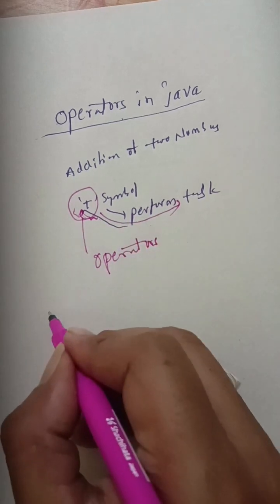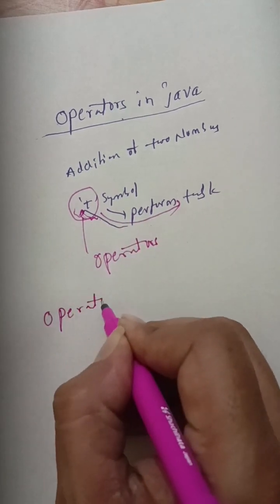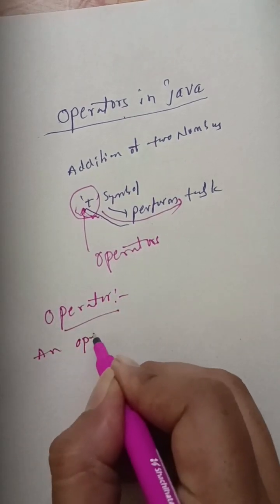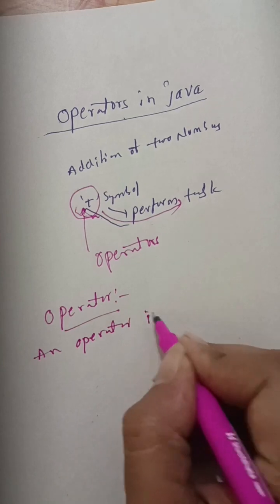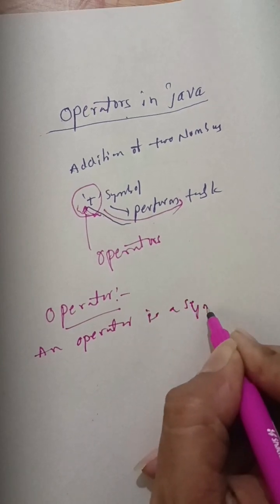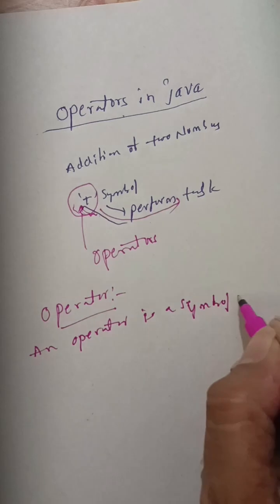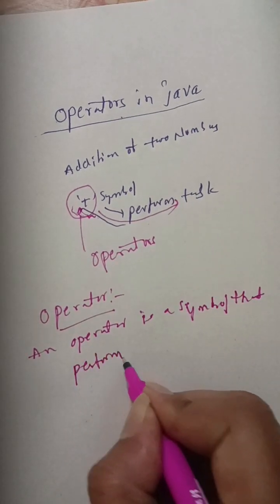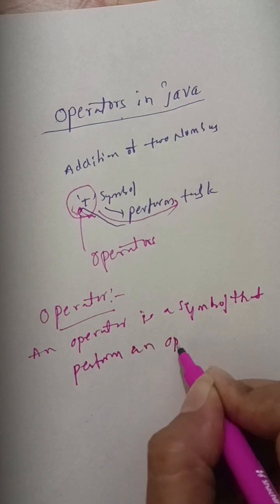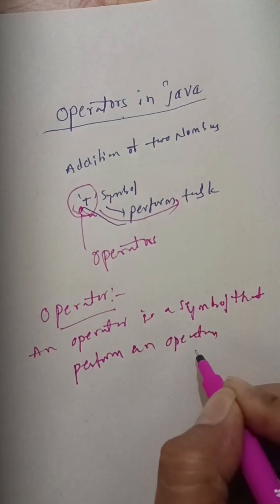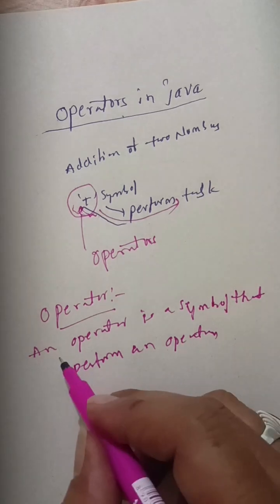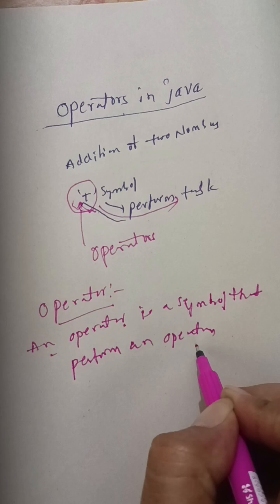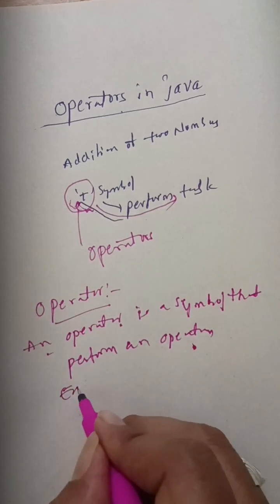The general definition: an operator is a symbol that performs an operation. Okay, this is called the operator definition. An operator is a symbol that performs an operation. Suppose, for example,